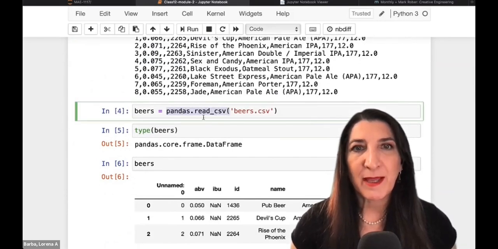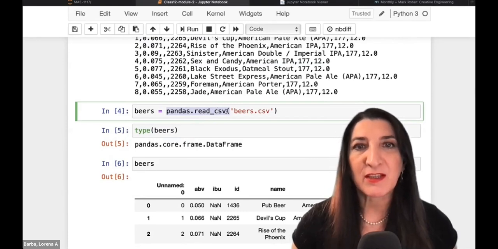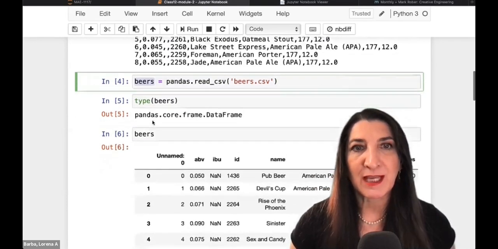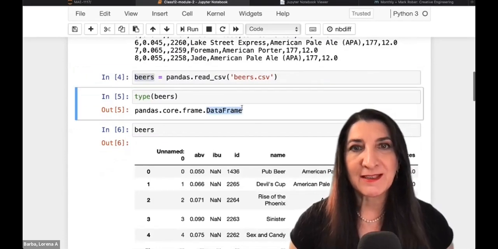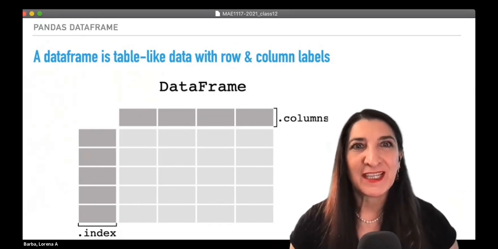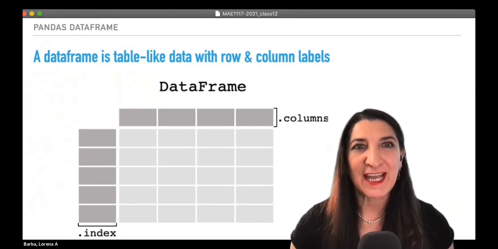By using pandas.read_csv, this command, and there are many read commands in Pandas. You can read an Excel file, you can read various other types of files with the various read commands, and this reads the file and then turns that into a data frame. This variable beers we created is, as we see with the type command, a data frame. And with this data frame, you save a whole table of data into one variable, and that table of data has labels for the columns, and we can get that from using dot columns,